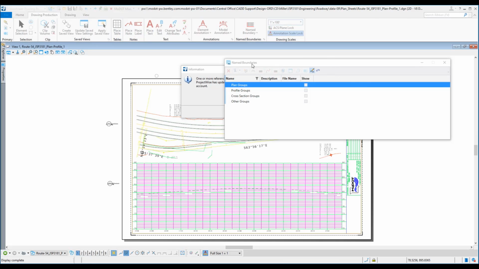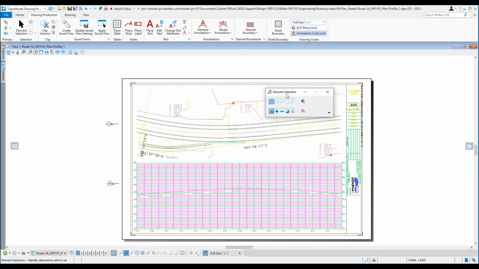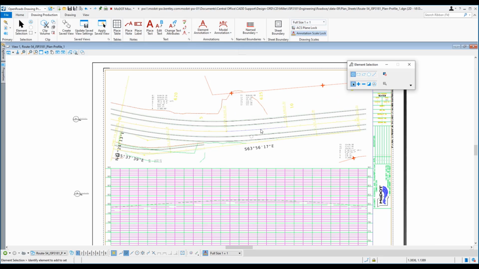Okay, so I'm done with this. Well, let me get rid of the information again. We cut sheets in a different folder. You're going to get this informational message saying that ProjectWise is updated, so we're good. Close. This name boundary file is no good in this file, so we'll close out the dialog. It's no good. But you can see now we actually have our plan here, and we have a profile down